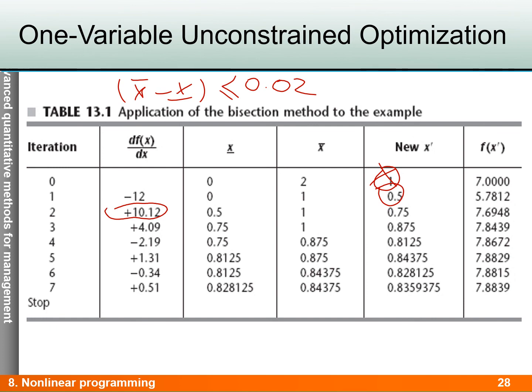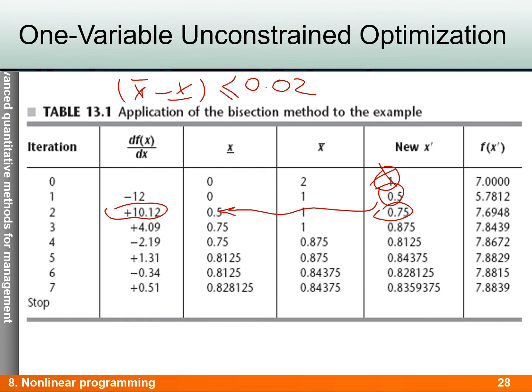That gives me plus 10.12. So now the first derivative is positive, so our method says I should substitute my lower bound with this x prime. This 0.5 comes here,